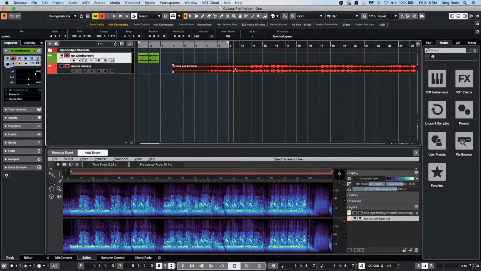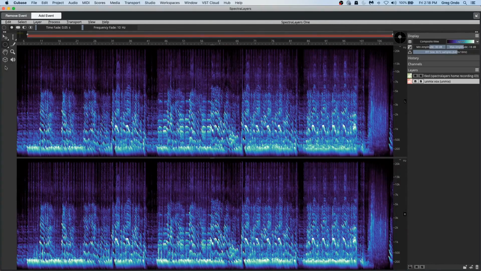Probably the most exciting aspect of spectral layers, as we look at it here, and I'll go back to a quick full screen view, is we'll just say, so say we have,